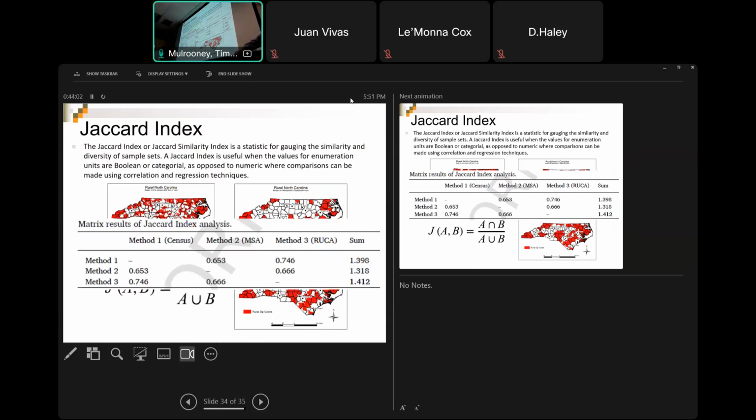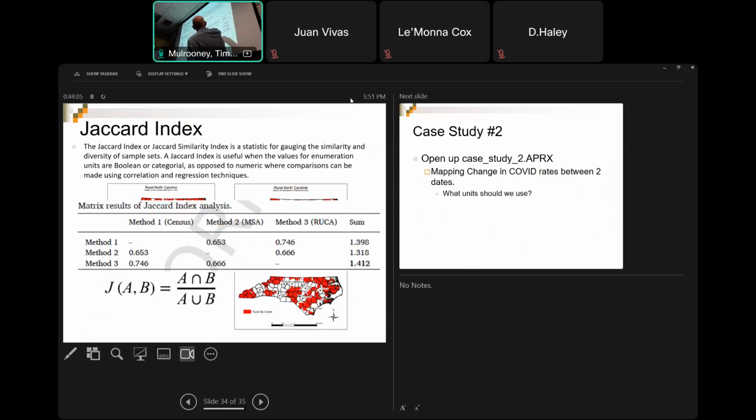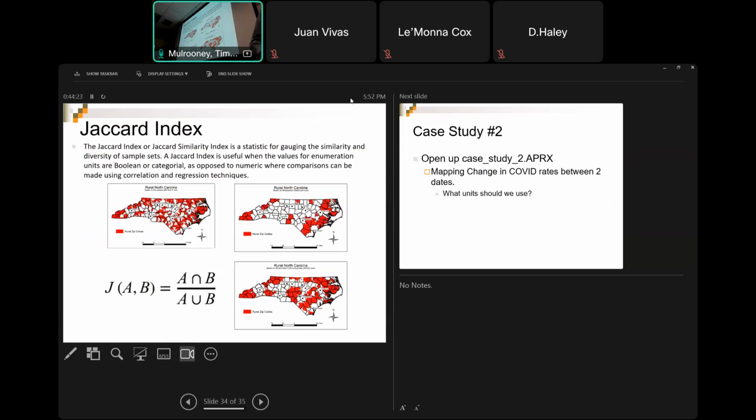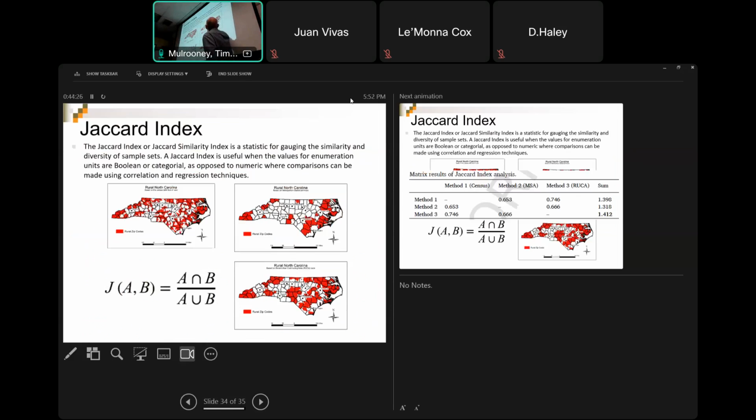And then when I did the next, method 1 versus 3, 74% of them lined up. And then basically what I did was for each method, I added them up and the winner was the highest one. Meaning that method 3 agreed with the other two better than the agreements between the others. So this was the quote unquote best, meaning it just had about 3/4 of the agreement, or whatever, 71% of the agreement with the other two.